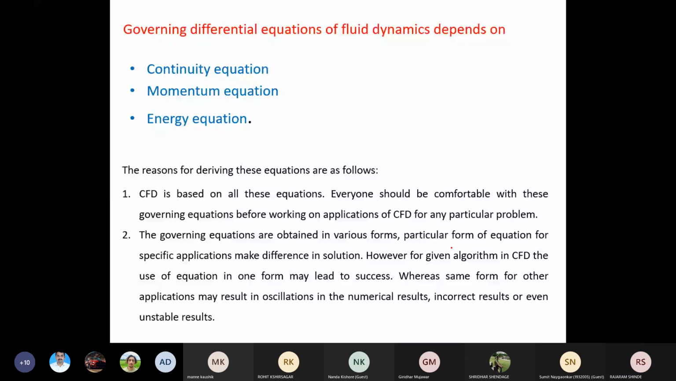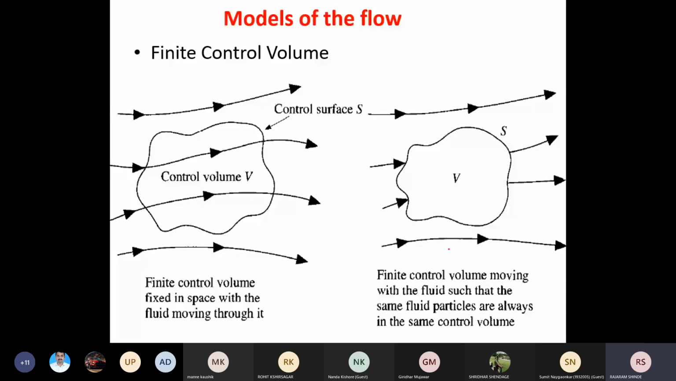Okay. Now, while deriving these equations, there are different types of models of fluid flow. What are those models of fluid flow? Depending upon the model which we are using for deriving these equations, we will get different forms of the equations. What those models of the fluid flow are, I will tell you. Now see here, these are the models of the fluid flow. First one